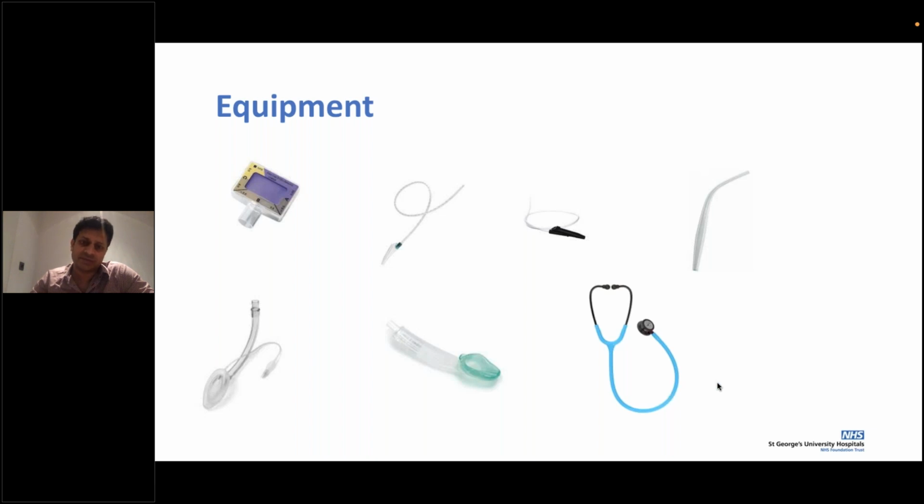A stethoscope at all points is absolutely essential, because for any intervention you do in neonatal resuscitation, the first response you get is an increase in your heart rate. So if your ET tube is in the right place, you will see automatic improvement in heart rate, followed by your saturation. Of course, you're looking at other parameters to see whether your endotracheal tube is in the right place, and I'll come to that in a couple of slides later on.